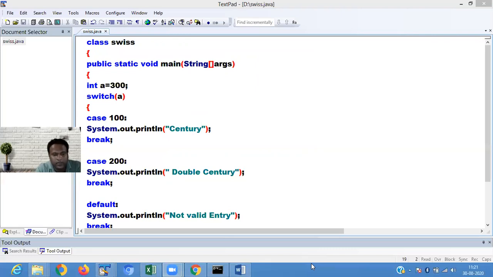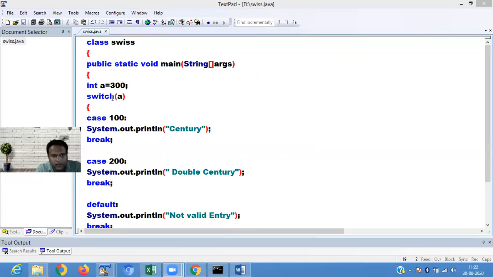Okay, now the 300 comes here. The value that you have taken in the switch statement must be comparable to every case statement. The data type of the value in the switch statement must match the case data type also. If you take an integer here, the case value must also be an integer or numeric.